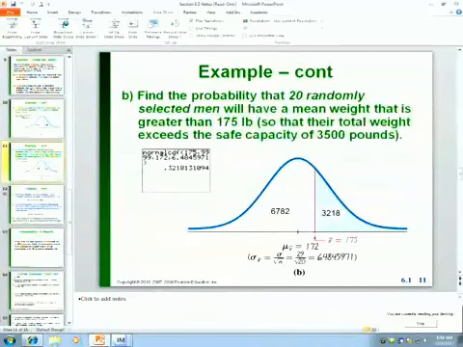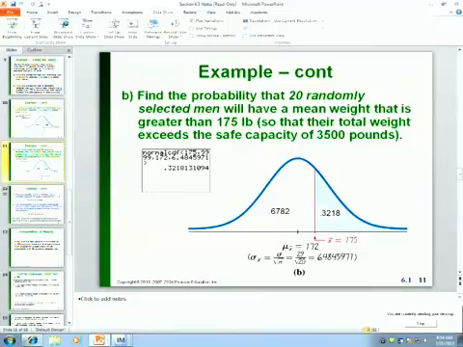doesn't say find the probability that an individual man would weigh more than 175. It says find the probability that a group of 20 men would have a mean weight greater than 175. I'm just going to go out into the world, round up groups of 20 men, and find the average of the group, or the mean of the group. What's the probability that that mean will be greater than 175? I still use normal CDF. Greater than 175 would be 175 to